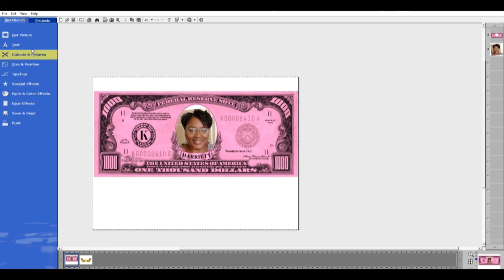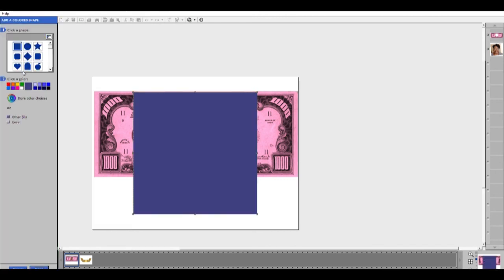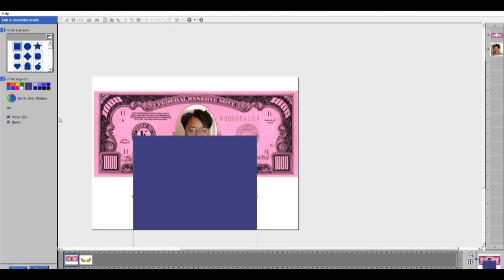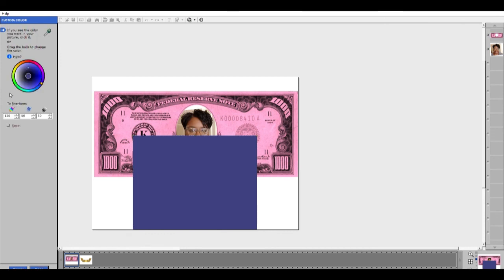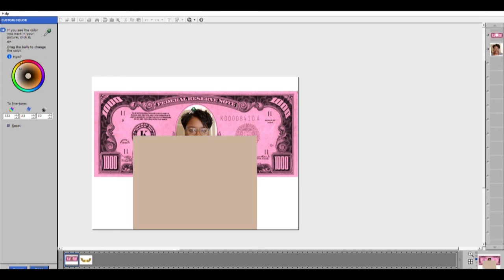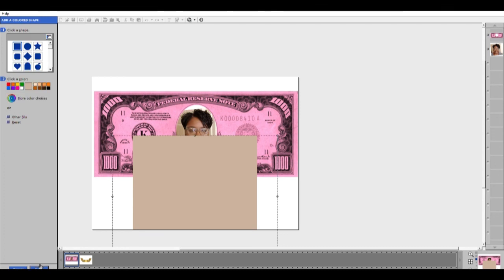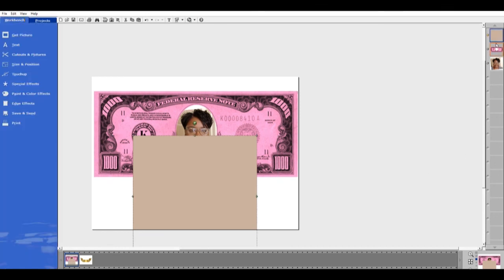I'm going to go to cutout and picture. I'm going to go to the third choice at the top, add a colored shape, move it down a bit. Then I'm going to click here on more color choices, and it turns into a dropper, and I'm just going to click on this beige that's right above my head so that I can match this piece to that. I'm going to hit done and done, and I'm going to drag that down 3 layers or to the very back